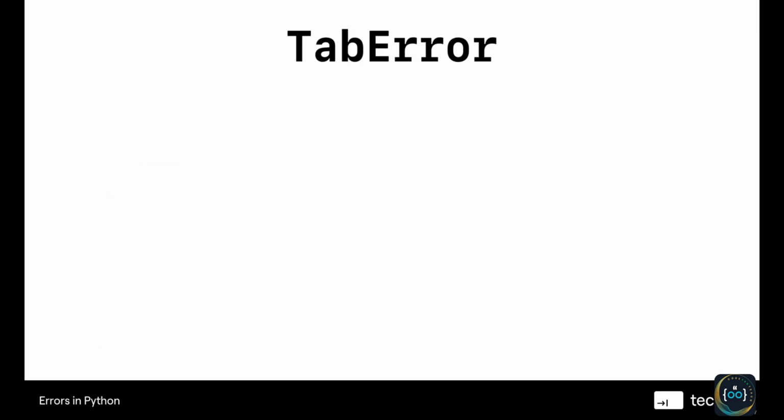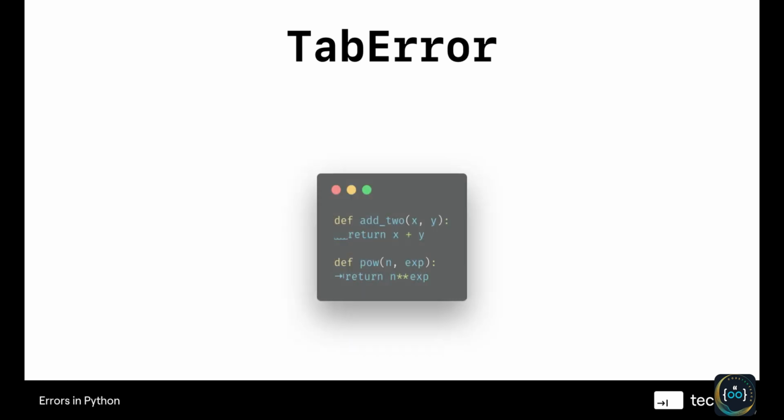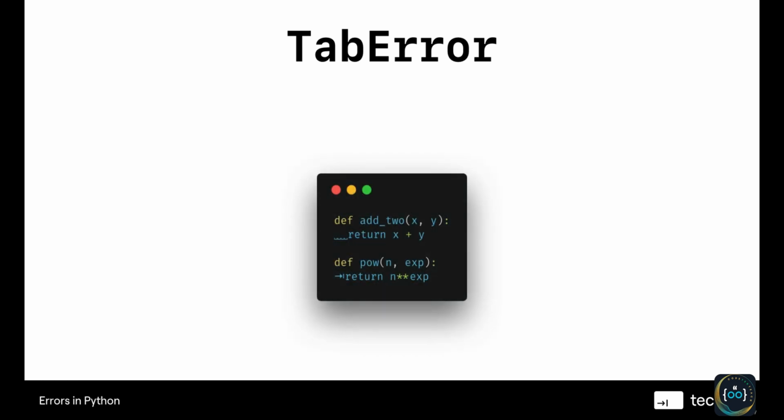Then we've got a tab error. A tab error is a pretty frequent error when you switch between editors. So just be careful when you're switching between editors that this doesn't happen. Here we've got add2 function, and then the indented body has been indented with 4 spaces. That's what that little square bracket means. And that square bracket on the bottom of the line. Space, space, space, space, return x plus y. So there's 4 spaces there,